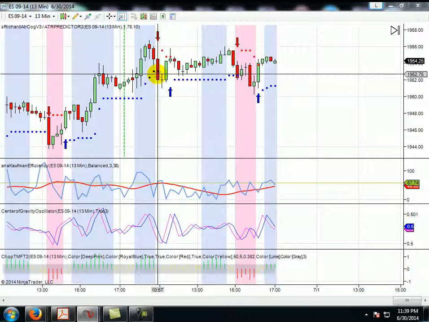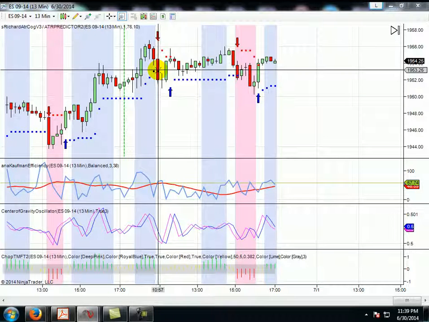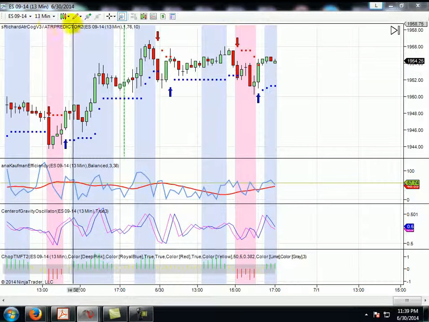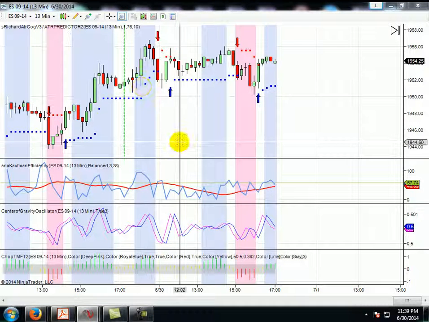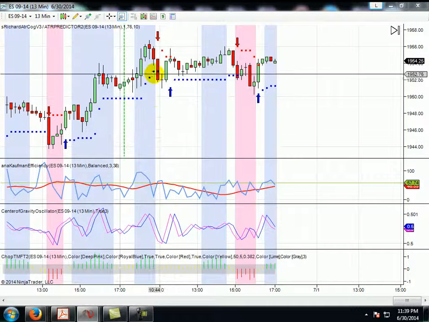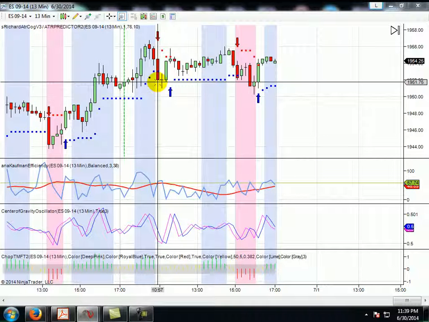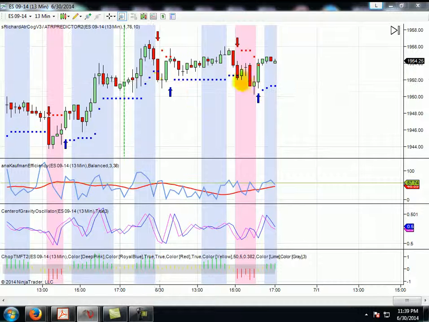Again, on this particular one, we're running on a 13-minute chart. So I'm not sure what happened there, but can you investigate this one also? And then let's see. Lastly here